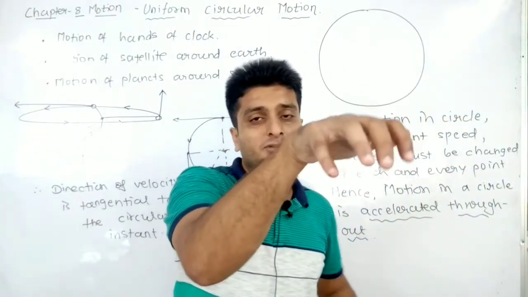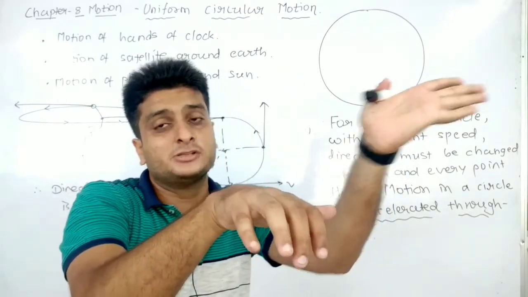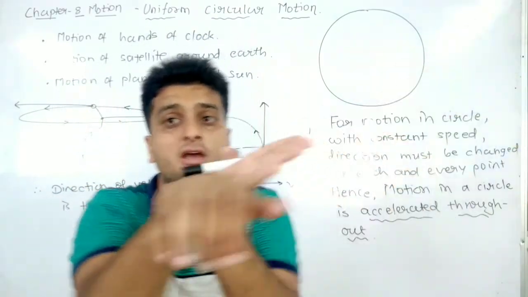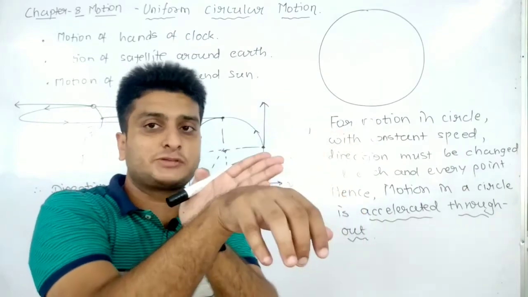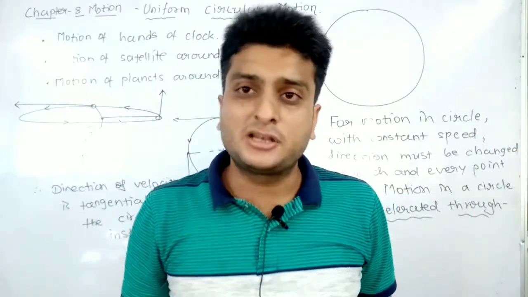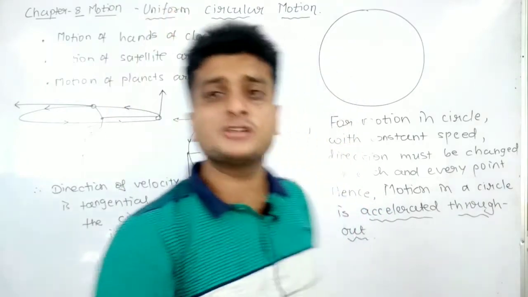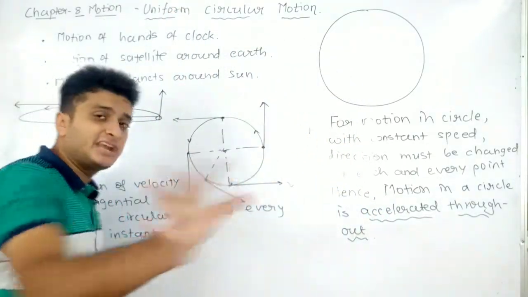So when he is leaving from this point, the velocity is in straight direction. So the disc will go in straight direction only. It won't move like this in curve. The disc will move straight only. Is it clear? So in circular motion, velocity is in the direction of tangent at each and every point.